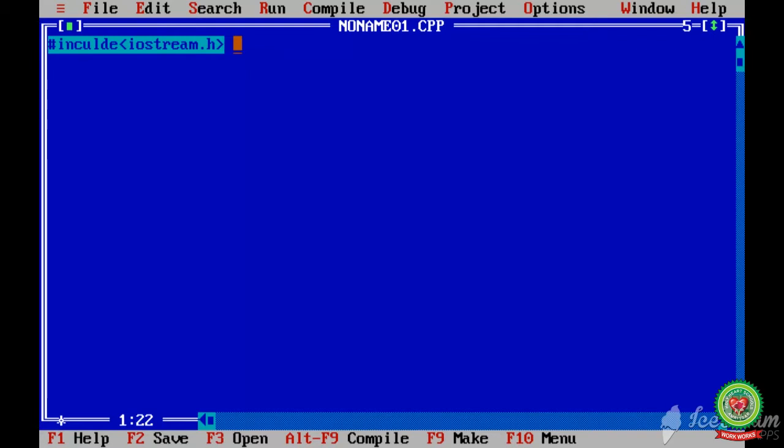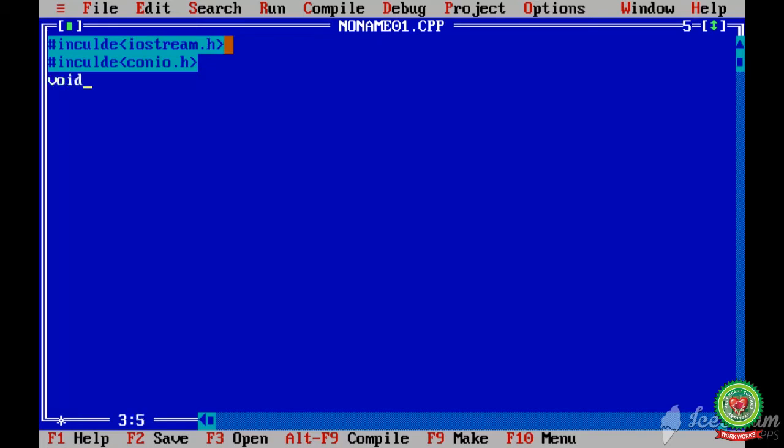For that we have one header file, iostream. First of all we have to write that. .h is the extension of the header file. Second file we will call with hash include, angular bracket start, conio.h. Conio means console input output. Console means our PC or our screen from which we will get the result. We will input something and we will get the result. For that we are using the second header file, that is conio.